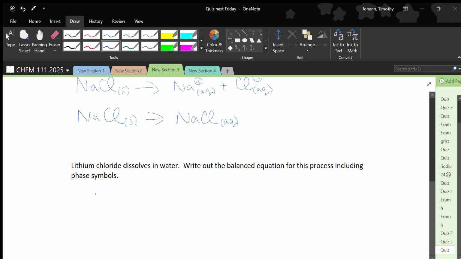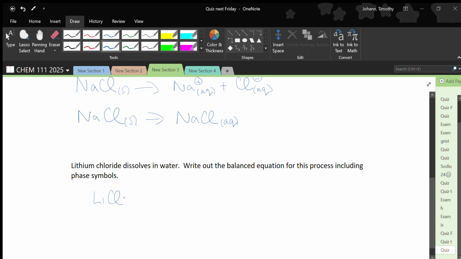So lithium chloride, looking up at the periodic table, how many lithiums and how many chlorides? Remember the way we figured this out. What's the charge on lithium? +1. What's the charge on chloride? -1. So they have the same but opposite charges, so I'm going to put them in a 1-to-1 ratio, right? So lithium